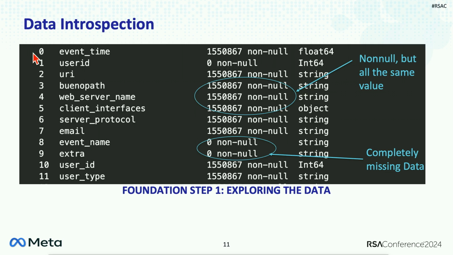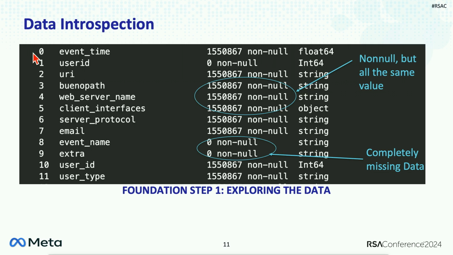A few things immediately come to mind. What do we see? We see some null values. On our leftmost column, those are the actual column names and what we're pulling from our databases. The middle values are our counts along with the null statuses, and the rightmost column has our object types. We'll handle them all differently. But immediately, the first thing that comes to mind is we have 0 non-null values for a number of these features. That means this data is straight up missing. In our databases, it's a null value, and we can't use it.